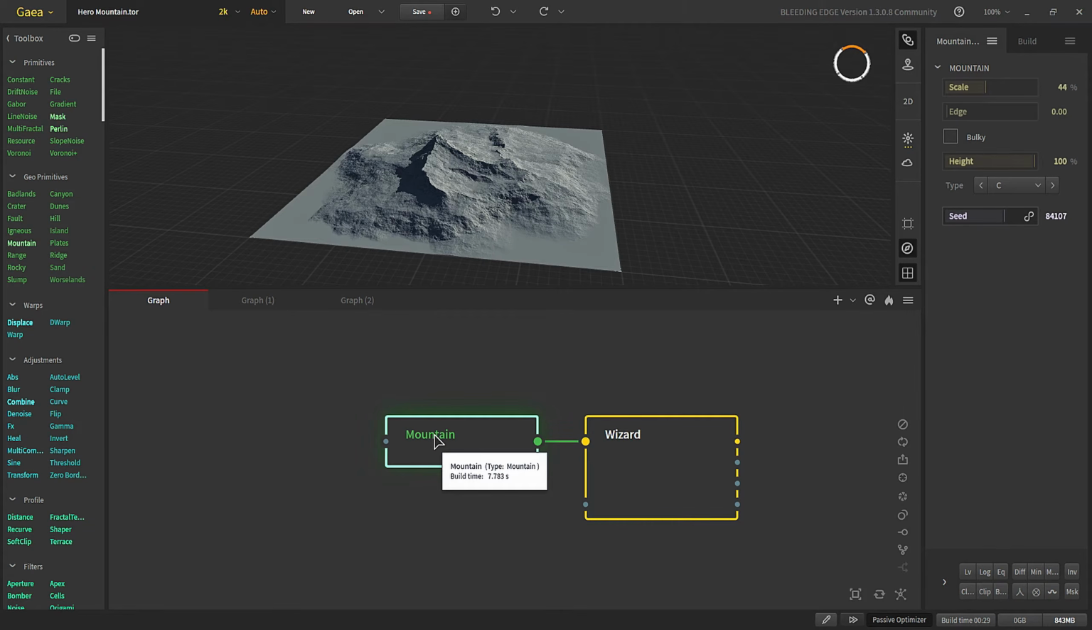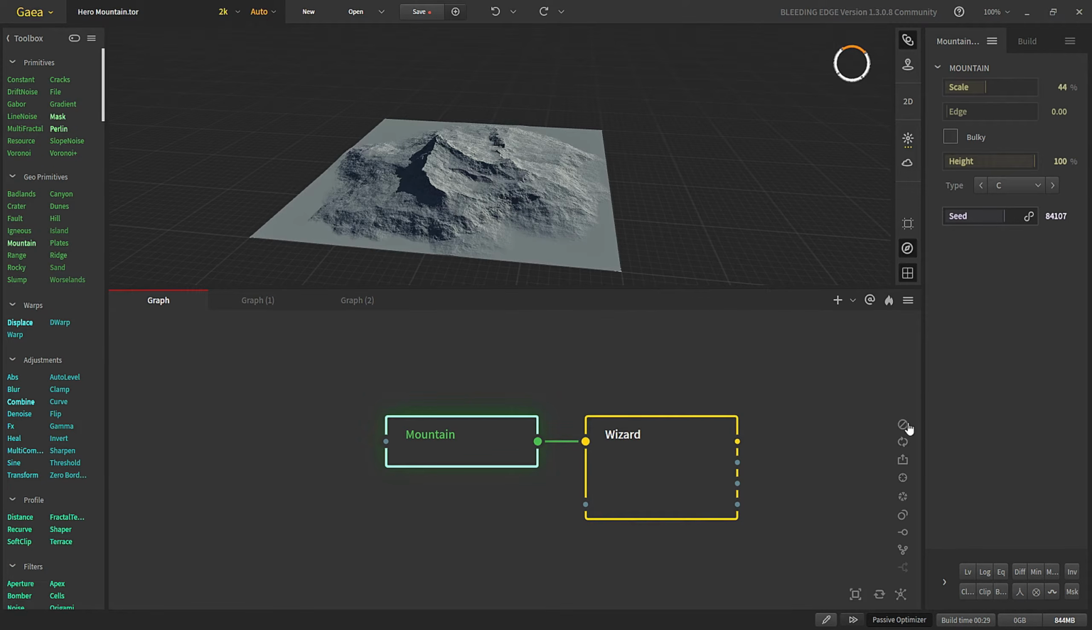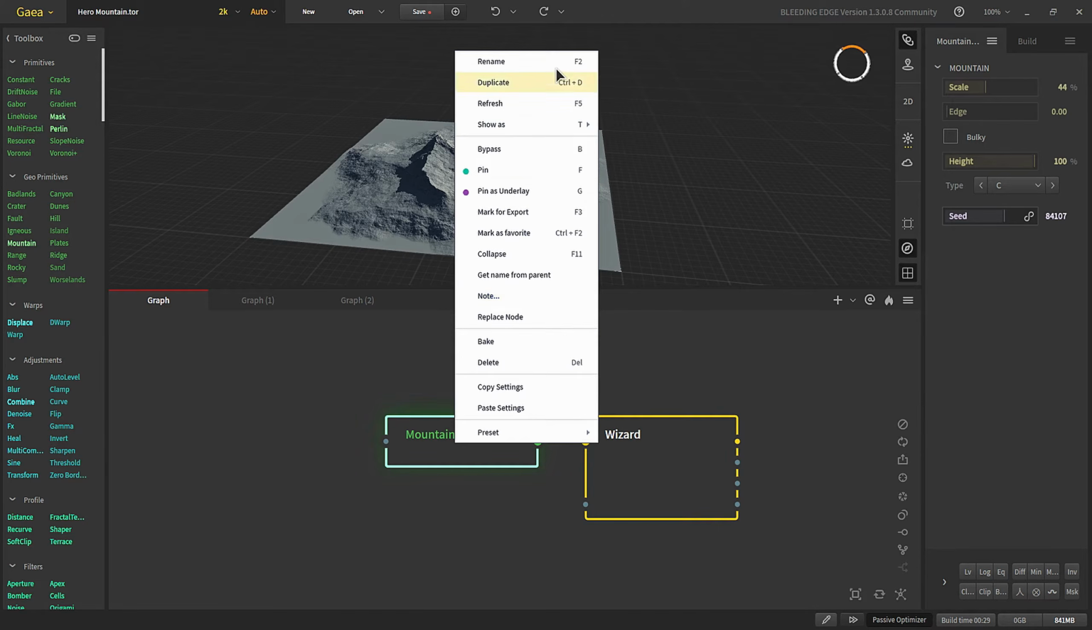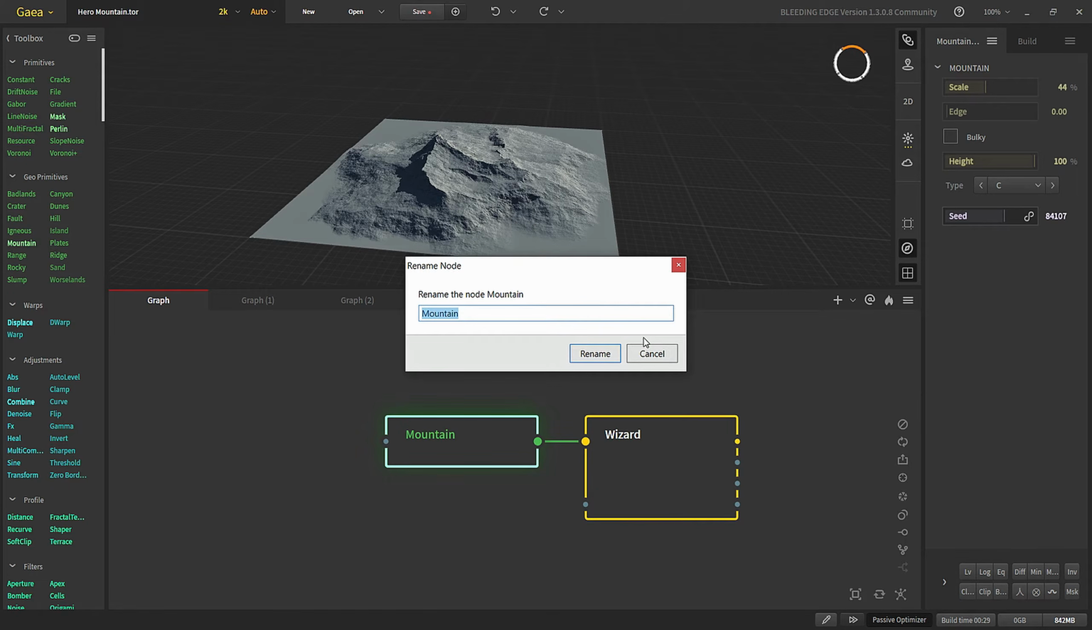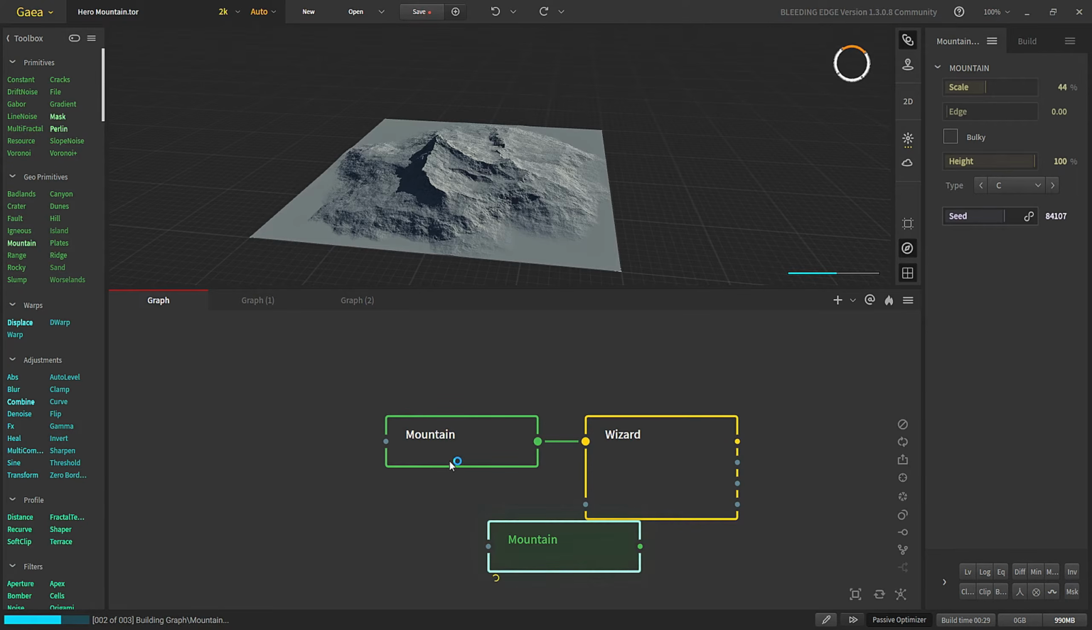To access the properties of a node, you right click on it and there you'll have all the properties you need. You also have these properties right here and down here, these three and all of these. So these are the same as all of these settings right here. So you can rename your node, you can duplicate your node,